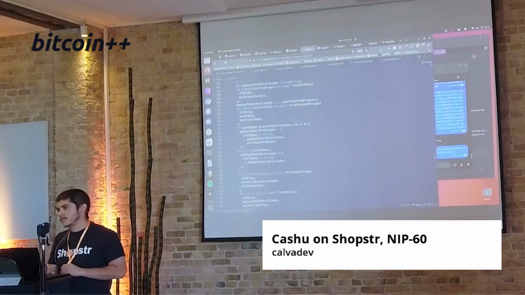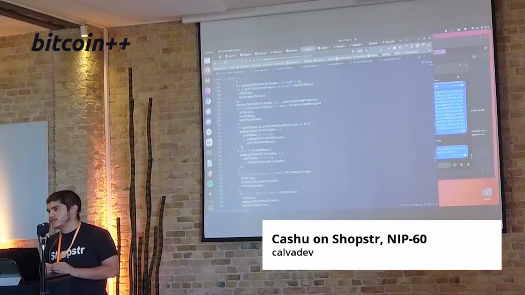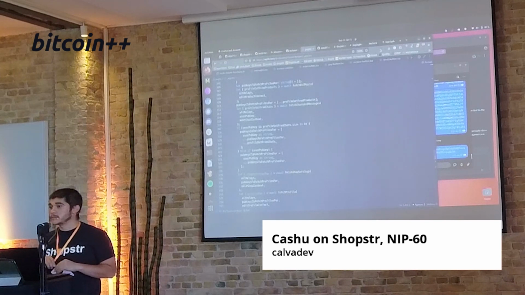Just curious if Shopstr is using deterministic nuts or no. No, it is not using deterministic nuts. Yeah, not yet. Is it on the roadmap? Yeah. And same with pay-to-pubkey nuts. Those will be great too, because